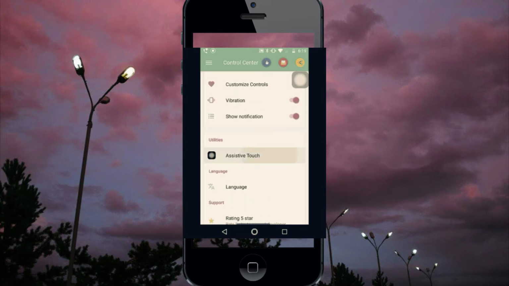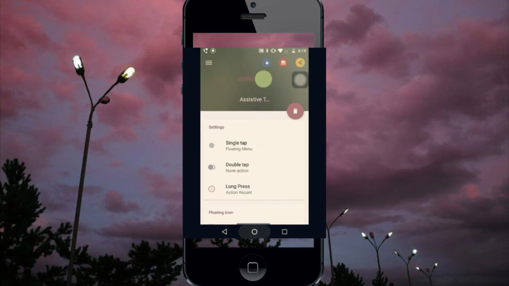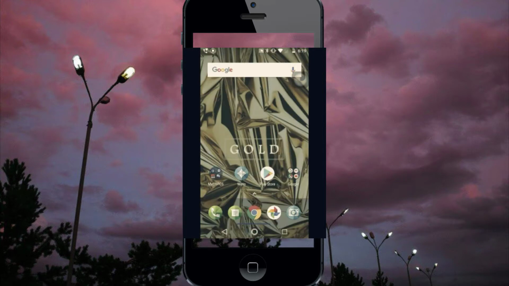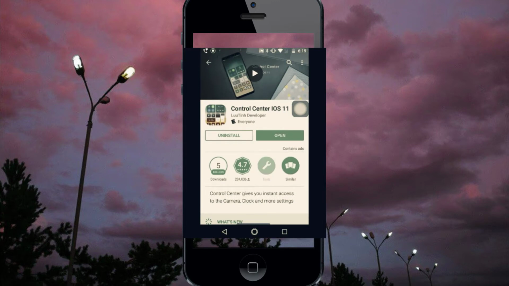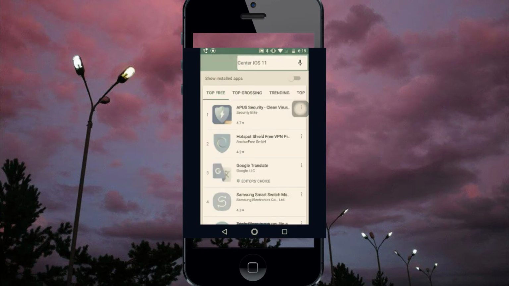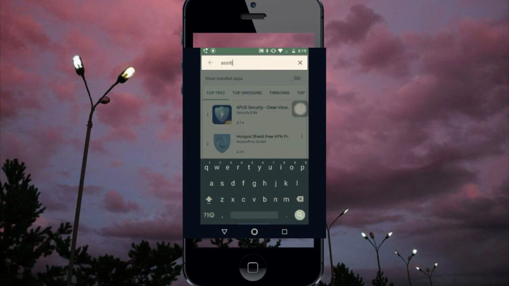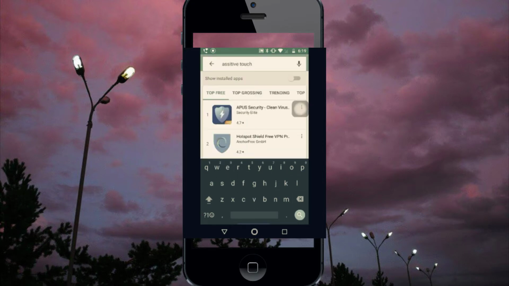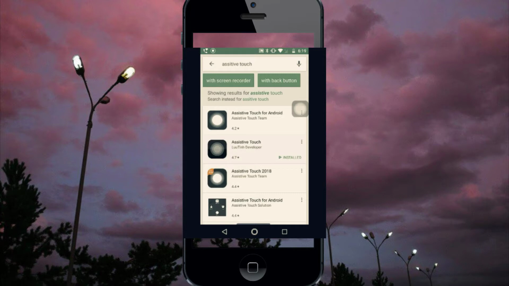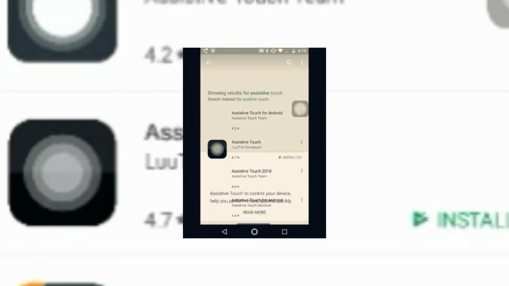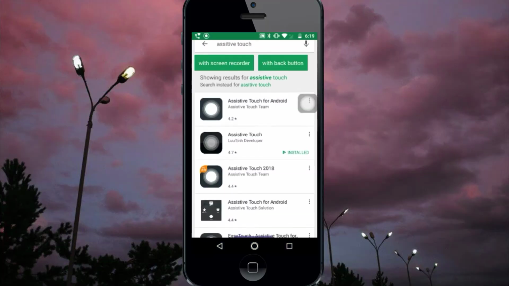Now we're going to go on to the Assistive Touch. So go ahead and click on Assistive Touch, and it will either take you to the Play Store or take you straight to the app. So if you don't even want the control center, you can literally just search up Assistive Touch, and I'm pretty sure it'll pop up. If I could spell today, Assistive Touch. And then you're going to click on this one right here, which should be the second one. If it's not the second,